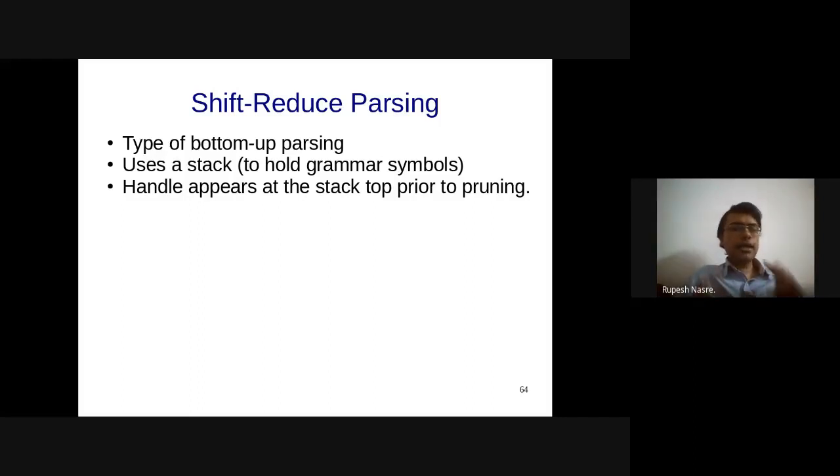What it does is that it has a stack which holds those grammar symbols, where we just saw the rightmost sentential forms. So all these sentential forms are going to get stored in this stack, and the way it is designed, the handle always appears at the stack top,